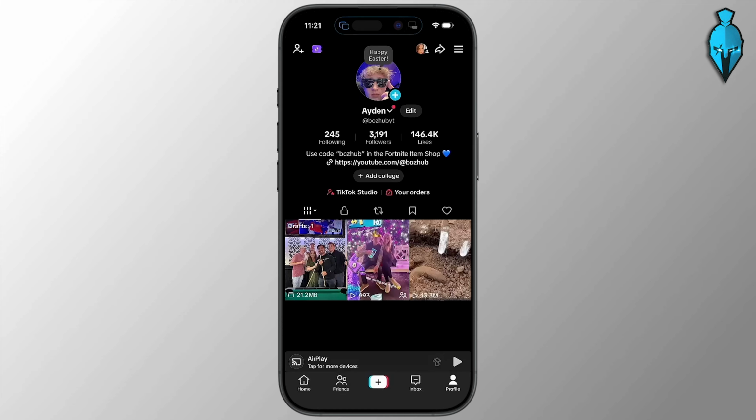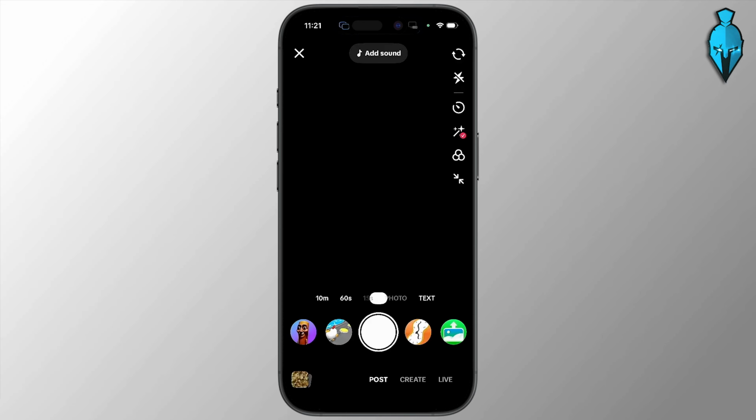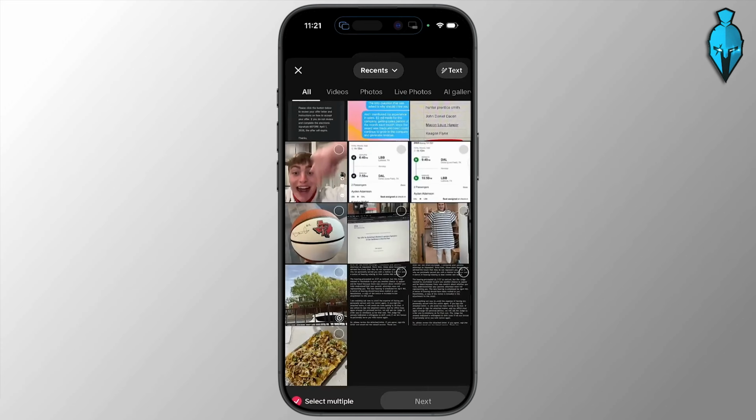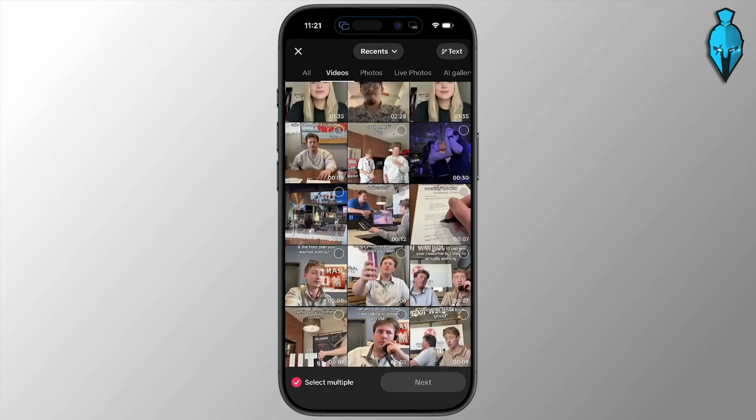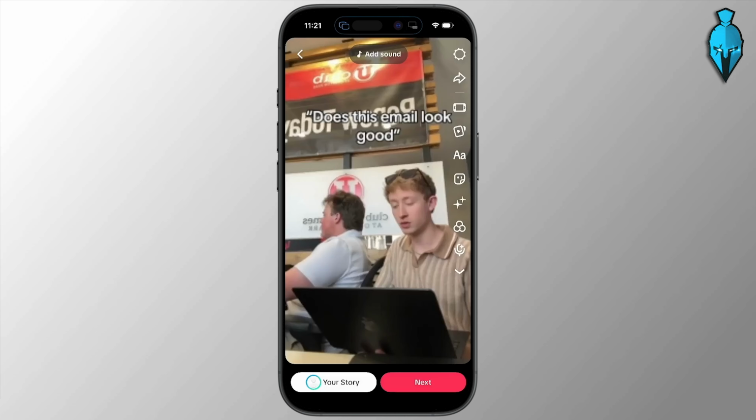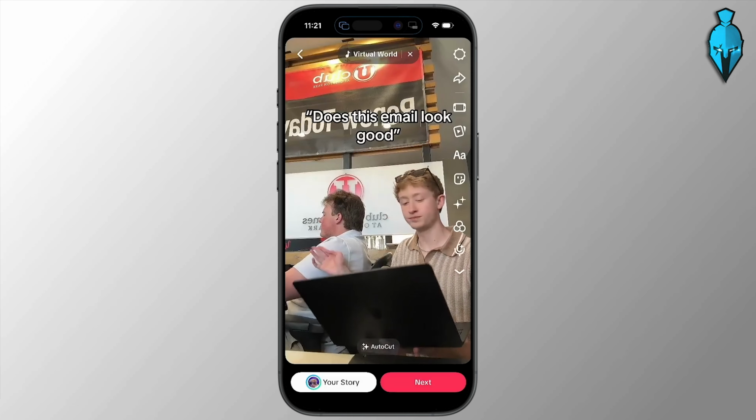First things first, make sure your audio is on your phone. If it's just a music file, you can turn it into a video using an app like CapCut, but essentially go ahead and open up TikTok and tap the plus button down in the very bottom to upload your video. Obviously switch it over to 15 seconds, 60 seconds, 10 minutes, whatever it is that you want to do. And essentially click the very bottom section in the bottom left to open up a page that looks like this and find your video. We'll go ahead and do this one since this is technically a TikTok right here, but go ahead and select this video, hit next, and then of course, once you're on this page right here,